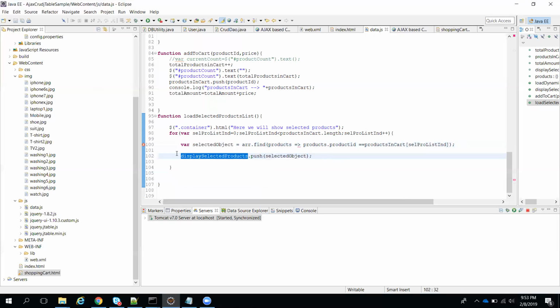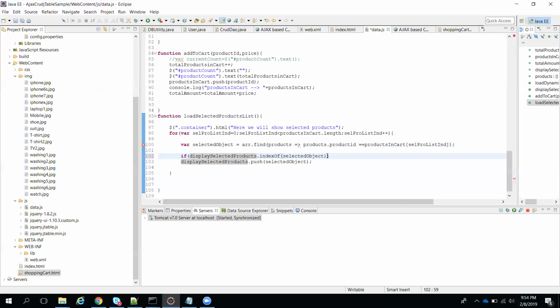So before that, what we need to do is, suppose the same 101 is repeated 2 times, I don't want to push that item into this particular array. To do that, there is a condition: if displaySelectedProduct dot indexOf, which is used to find whether that object exists in the array or not.